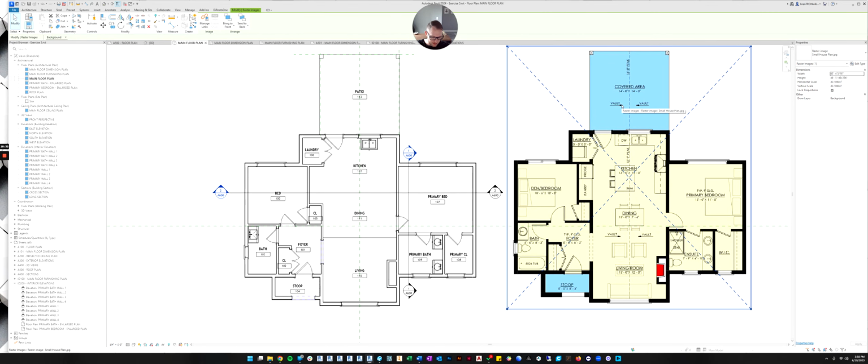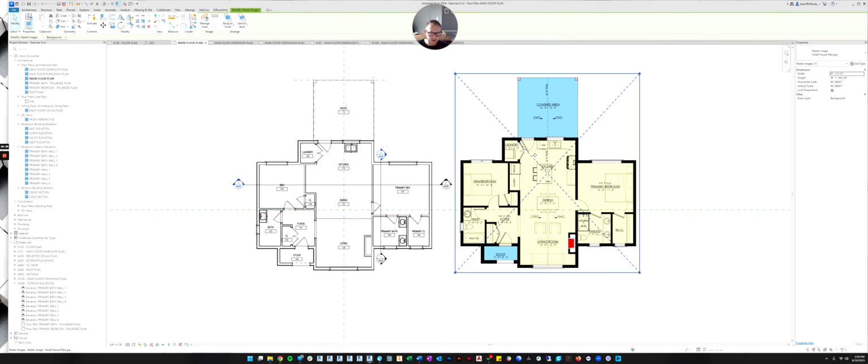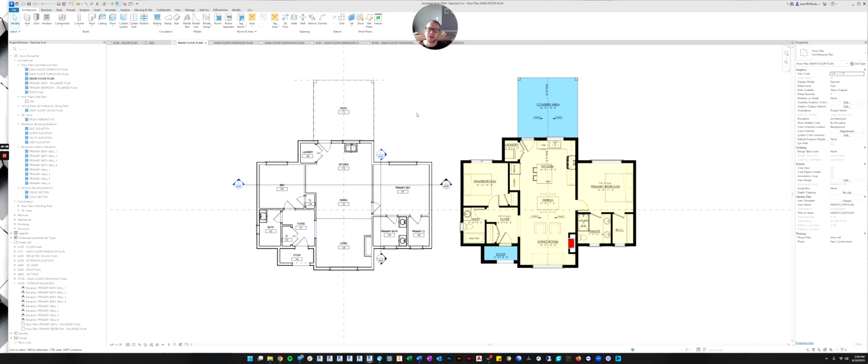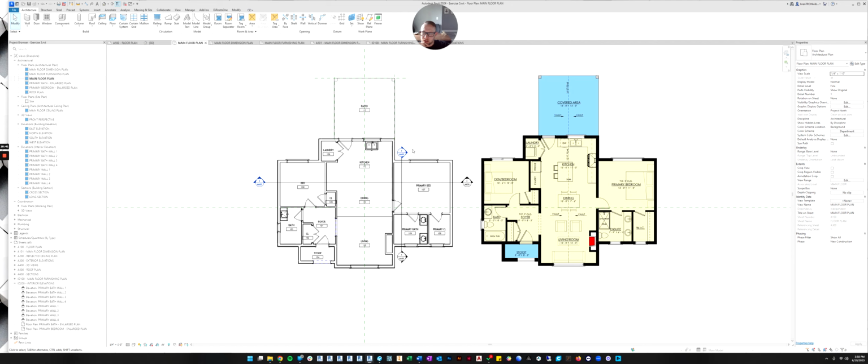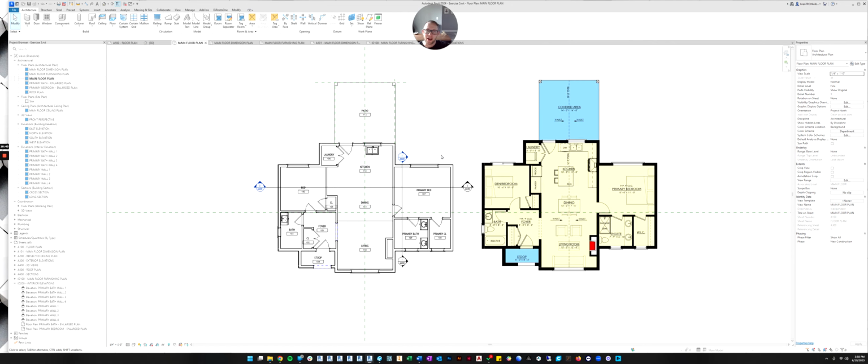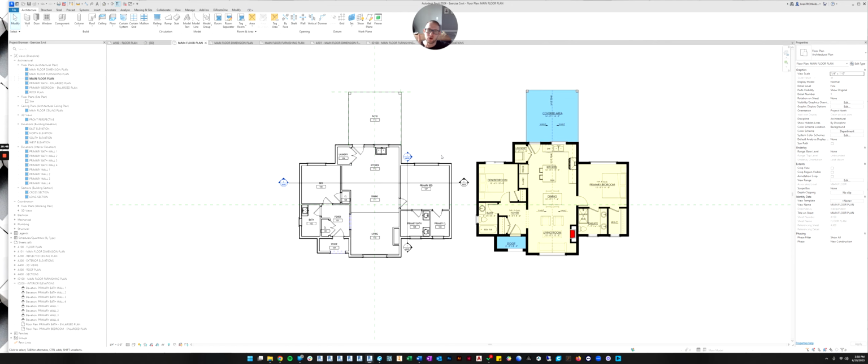And so I'm going to delete this reference. Well, actually, here's what I'm going to teach you. I'll teach you a different concept. So I personally, whenever I have a model, I make one more floor plan for myself that never goes on a sheet. Because do you see how these floor plans, they all have blue next to them, which means they're on a sheet. So we want them to look a very specific way, which is sometimes difficult when you're modeling because you want to see other things when you're modeling.